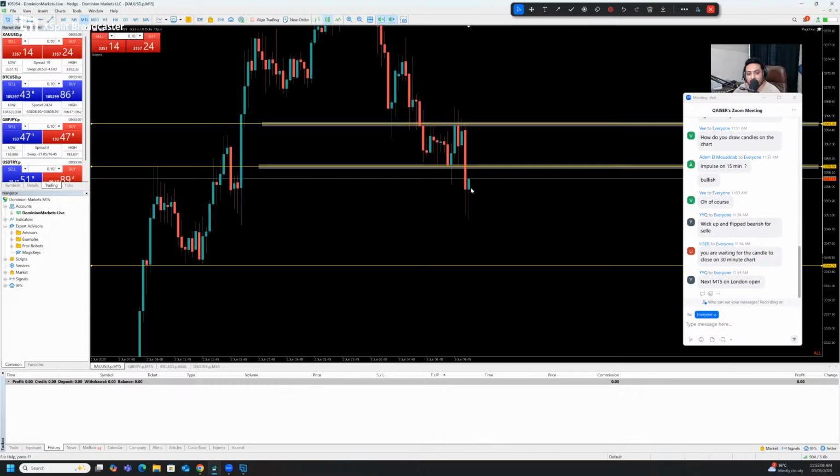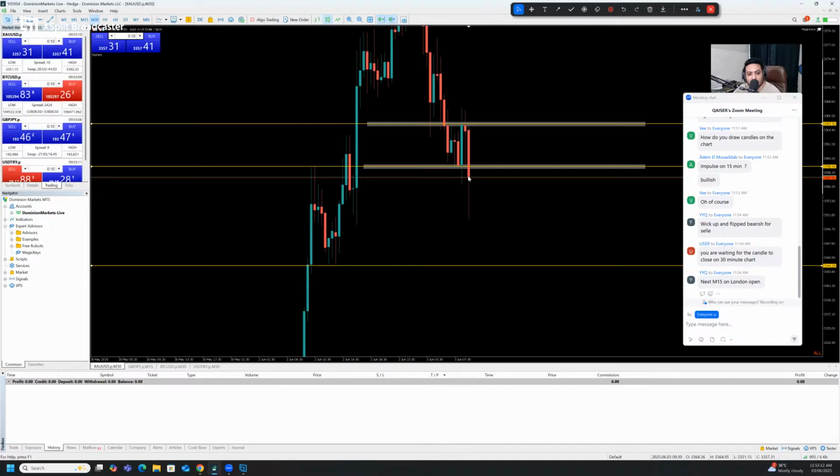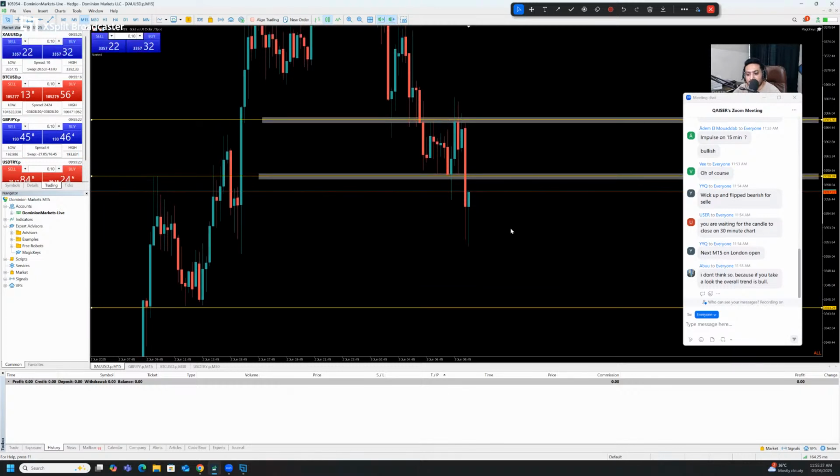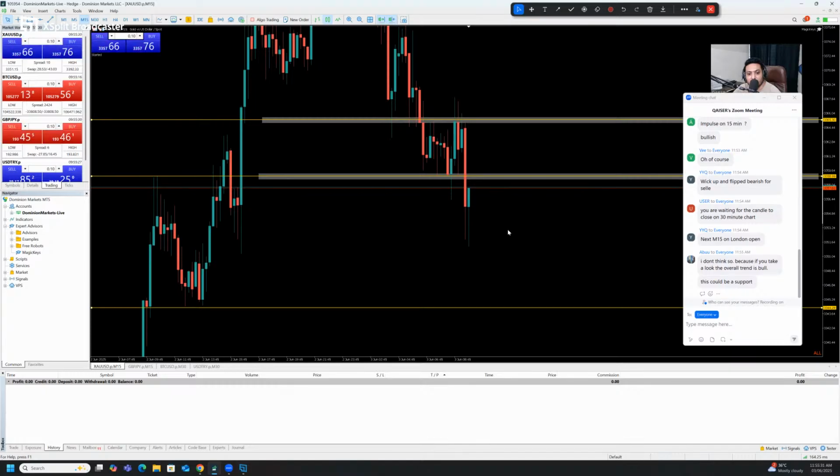There's just like 5 minutes left for the opening of London. So just need to wait. M30 still open. Might close back into the range. So then we just need to wait more. It's very important to wait for this 5 minutes, because in this 5 minutes it will be the opening of London. It can show volume in it.